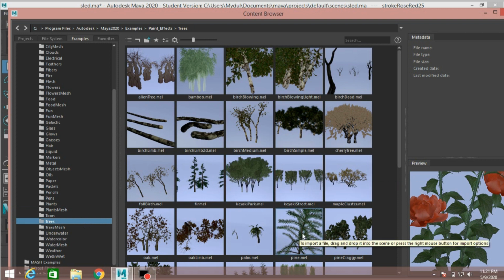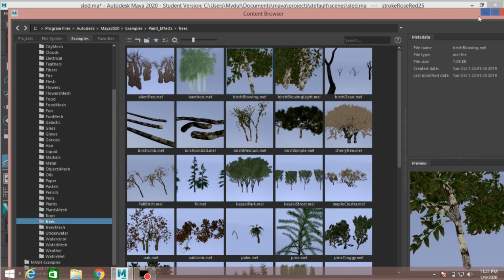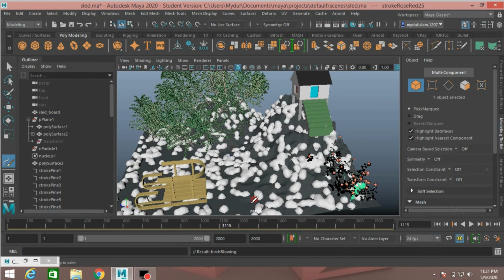Previously I used pine tree. Now I am using a different tree and draw just like this.